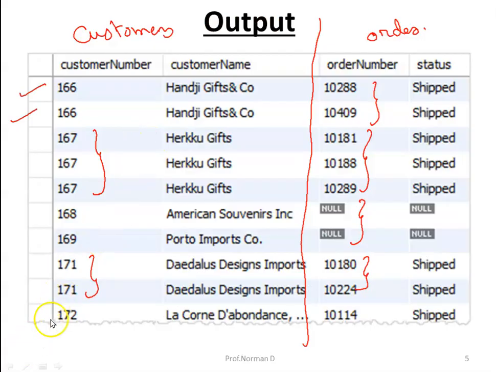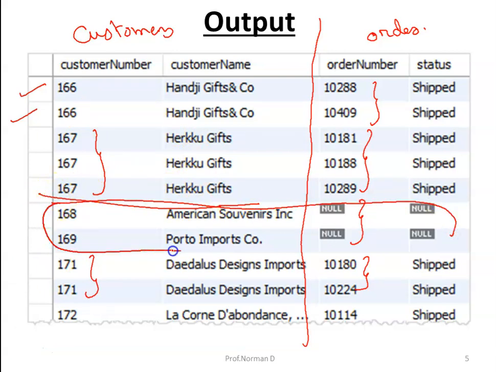You can see over here that these 2 tuples were appearing, saying that they have not placed any orders. So like this, left join can be used to gather required information.